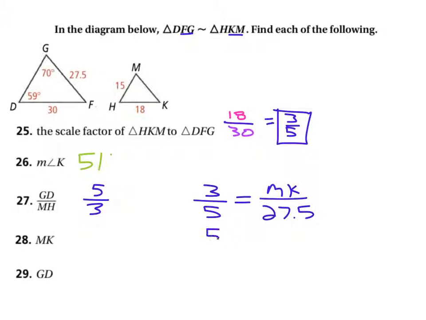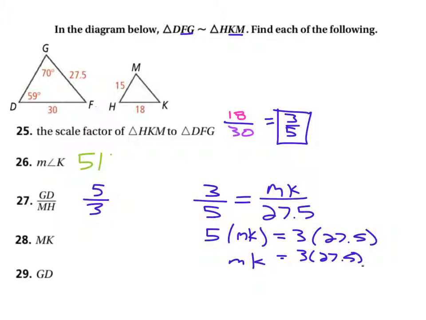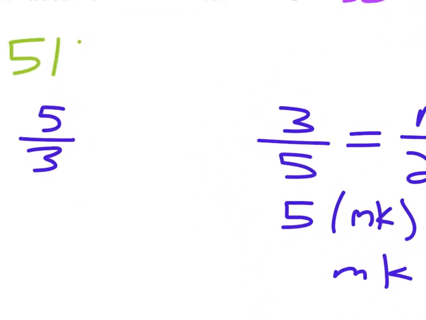So we can then say 5 times whatever MK is equals, cross products property, 3 times 27.5. And then to solve for MK, we would say divide both sides by 5, and MK will equal 3 times 27.5, all divided by 5. And what is that? Well, if we do the math, and let me zoom in and do the math here,